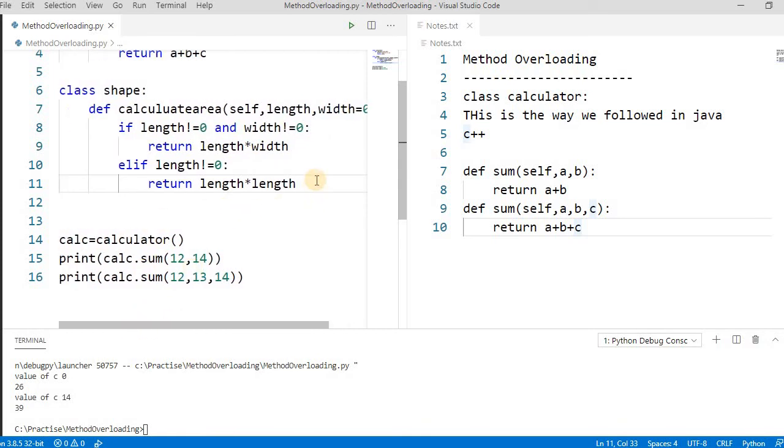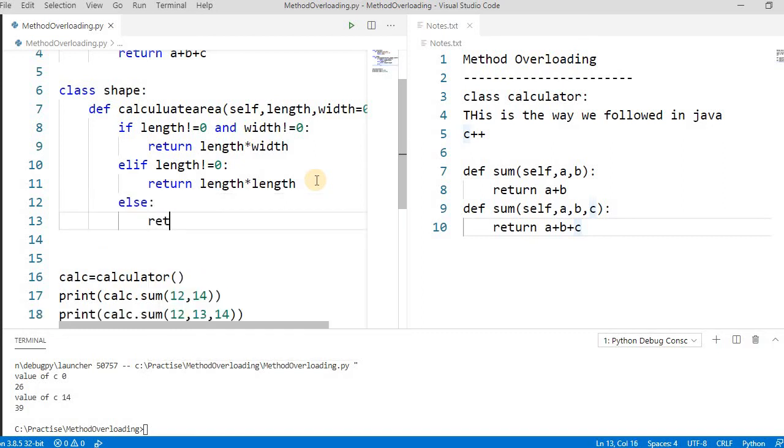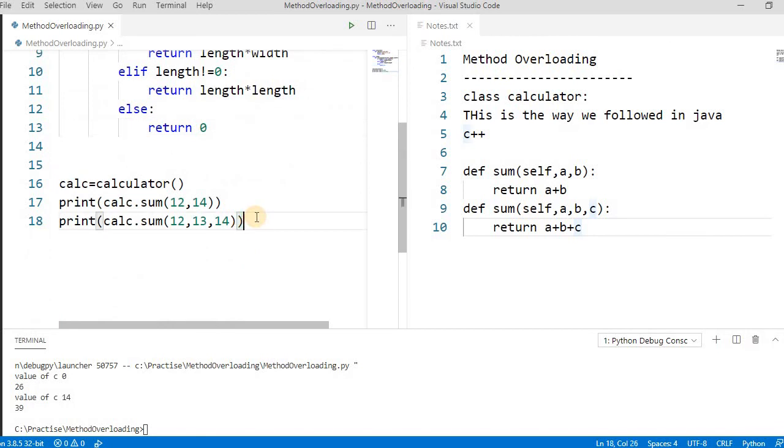Else it will return 0. Let's create an object of this Shape class, like rectangle equals Shape, pass something like 12 and 14, and then print this.